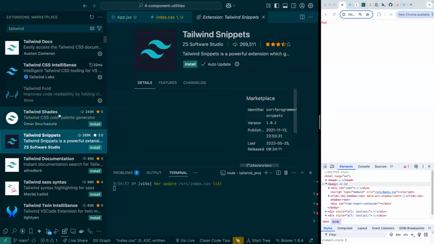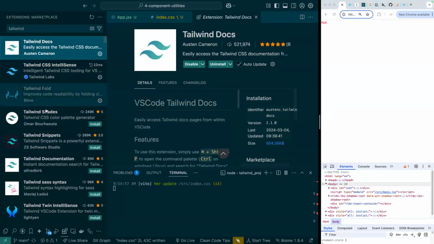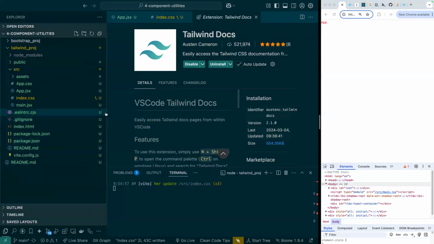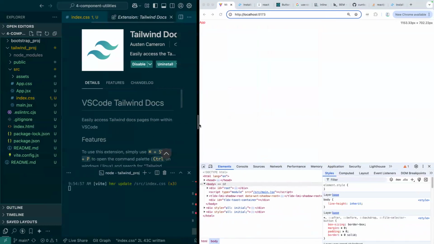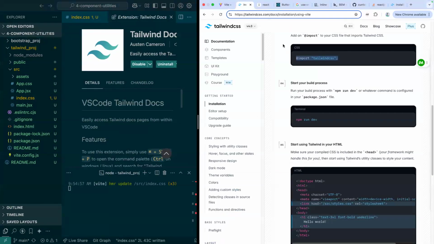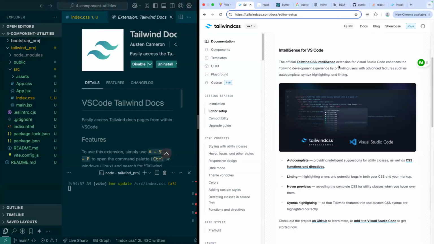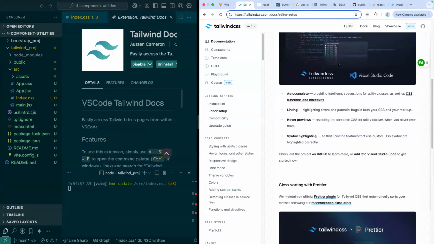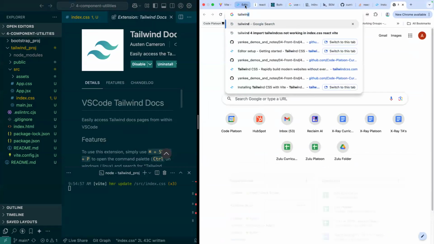But Tailwind fold, Tailwind IntelliSense, and Tailwind docs. And as you can see here, in fact, Tailwind recommends them. Prettier is a good one to have as well. That's a little different. Let's see if we can figure out real quick